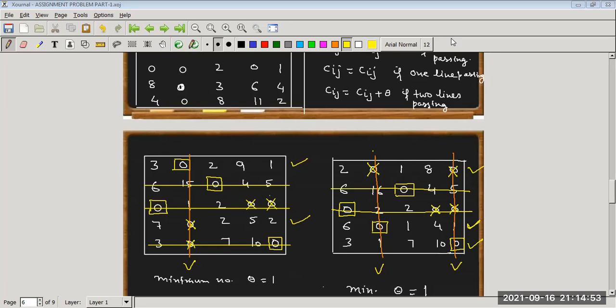Right? So in the next video lecture, we will discuss more examples related to assignment problem and other problems, that is, what happens if we get multiple options, what happens if the problem is not balanced, and if the problem is given to find the maximum profit, how we can calculate the maximum profit by using Hungarian method. So thank you, and watch the video till the end.